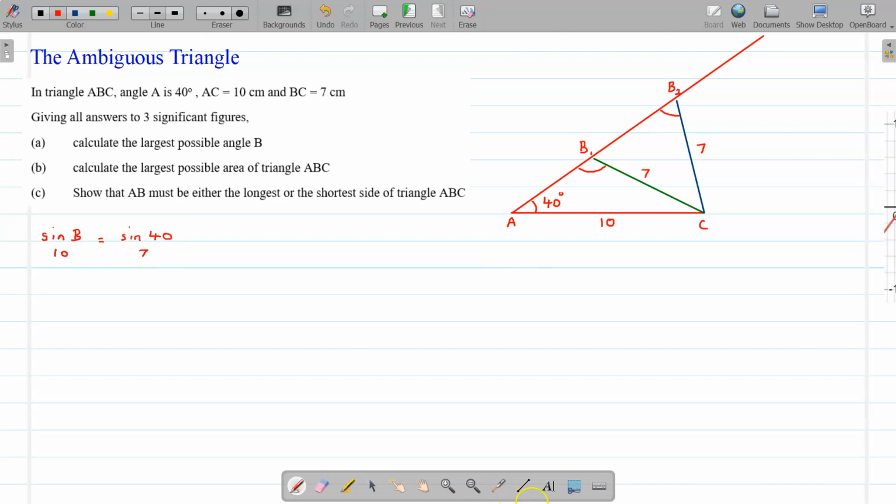Okay, I'm just going to put the fraction lines in like this, and this is question A I'm doing at the moment, so I'll just label that there. Now, if you follow that through, you simply multiply both sides by 10, and that will give you that the sine of B is equal to 10 times the sine of 40 degrees, make sure the calculator is in degrees, divided by